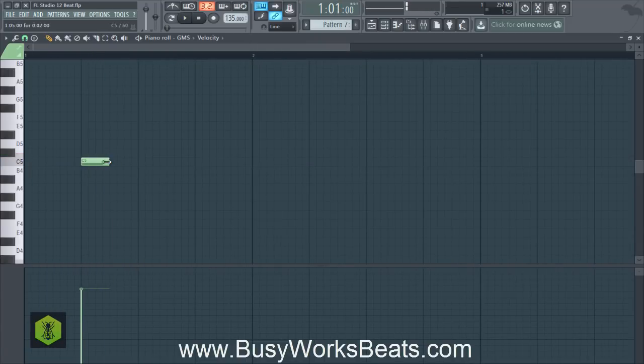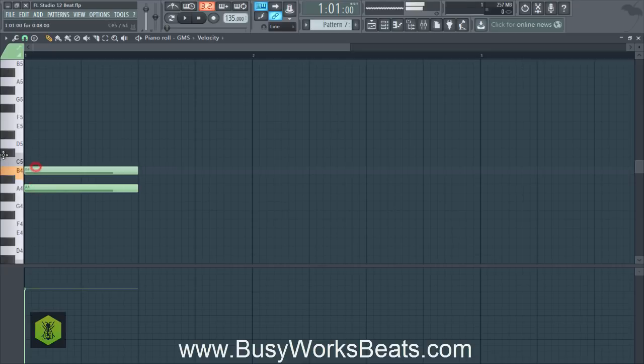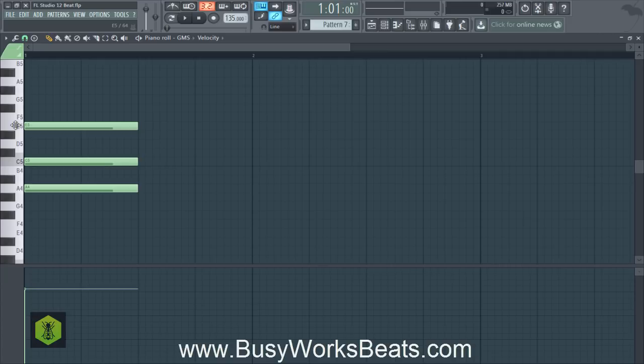Okay, so what we're going to do is start out with one of the easiest chords, A minor. So we're going to be working with all the white keys here, and we're going to start with the note A. We're going to drag that out for about 2 columns. Okay, and then we're going to add that to C. We're going to go A, C, E, all white notes. Here's what it sounds like.